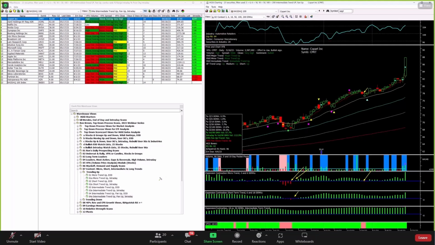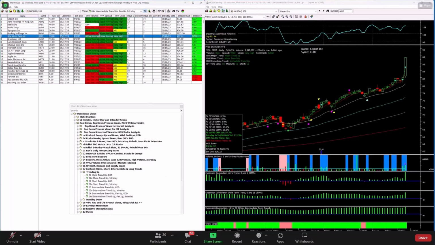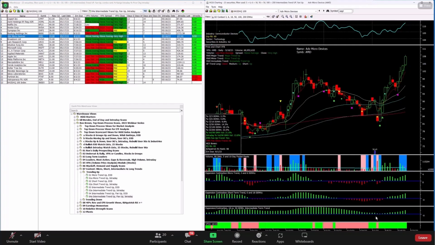Okay, let's look at a couple more here, and then let's move on. So this one, the 18 never did go below the 50, and the fan is not nearly as wide, but it's in place. 200, 150, and 18. So where was the buy point on this? Using the 3-6 crossover right there, and then the 6-18